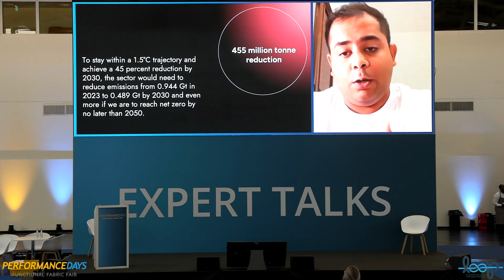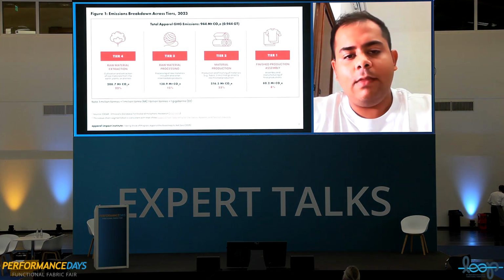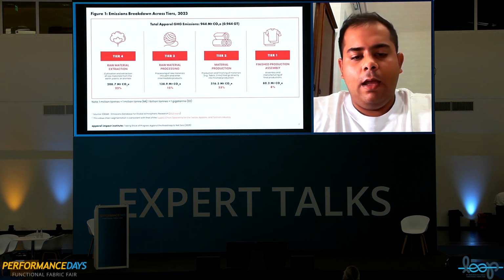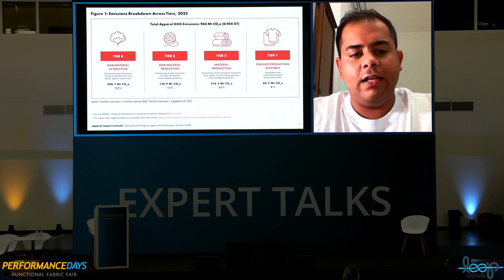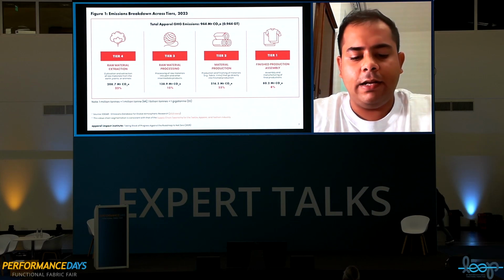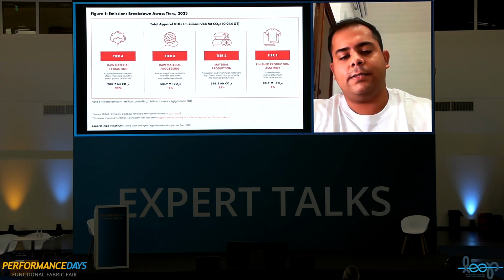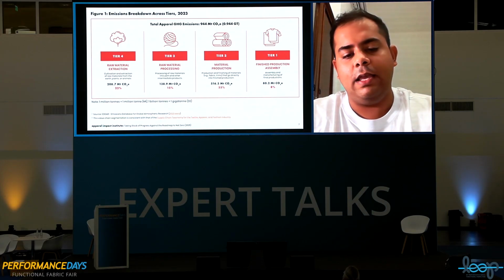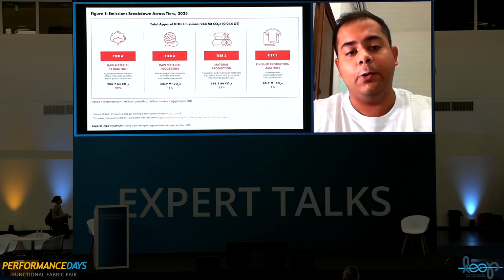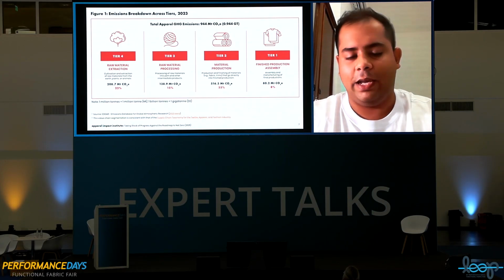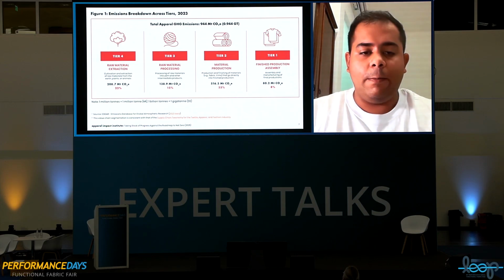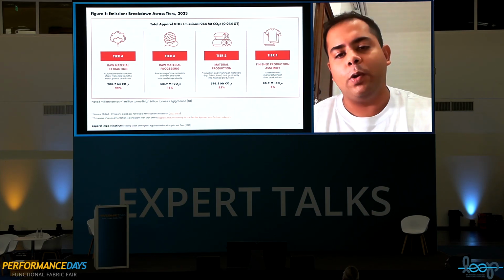So now we need to get to 455 million tons. If we go back to the previous slide and just look at materials, materials make up what, 208, 209 million tons. We need a 455 million ton reduction. So of course, this is not enough by any means. Even if all the materials became carbon neutral tomorrow, somehow magically, which we can never do, of course, we would only be able to reduce 208 million. So of course, we need to do other things.